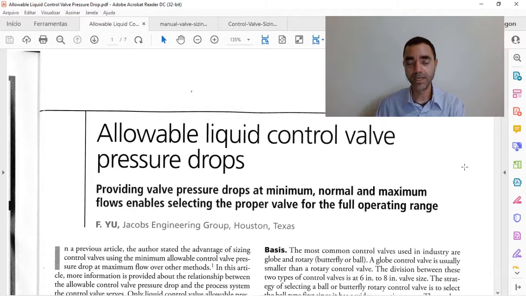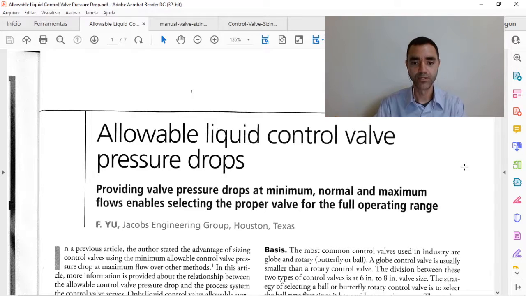So to be able to evaluate what happens with the pressure drop when you change the flow, I will share with you now a HYSYS process simulation where I performed case analysis to evaluate what happens if I decrease my flow 50%. Let's suppose that my range of operations can go from 50% of flow